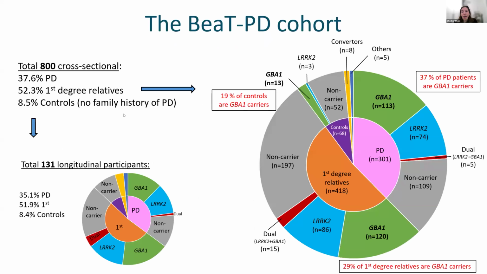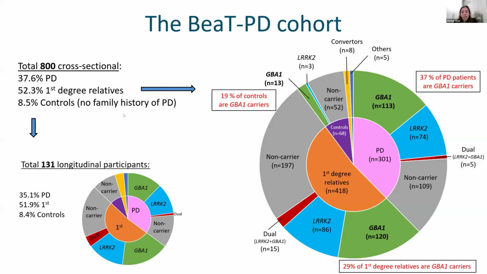So before presenting our research progress, I'll remind you of one of the cohorts we have in the lab, which was established in collaboration with Biogen about 5 years ago. This is a multi-omics cohort of approximately 800 participants, including PD patients, first-degree relatives, and healthy controls, with each group enriched with GBA1 carriers. For this cohort, we have multiple layers of omics data, including DNA-level data, ATAC-seq, methylation sequencing, and RNA-seq from both whole blood and isolated monocytes.